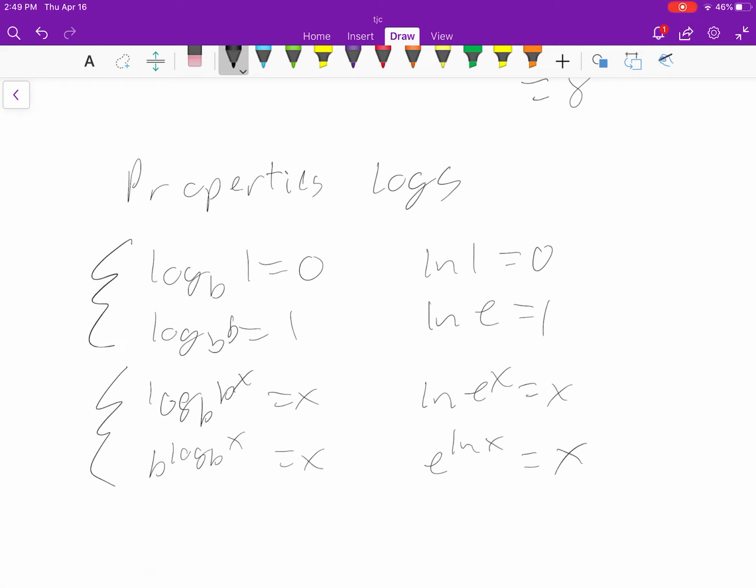Here are your other basic properties, and these are the basic properties we're going to carry through into the next section. Sorry for the chainsaw that was going outside. Hope to